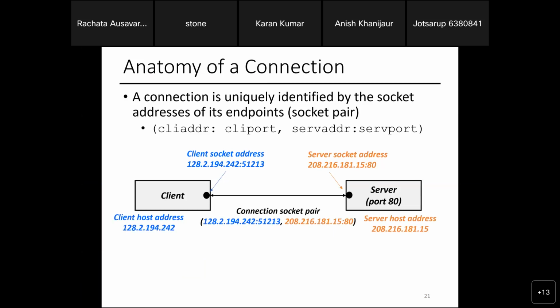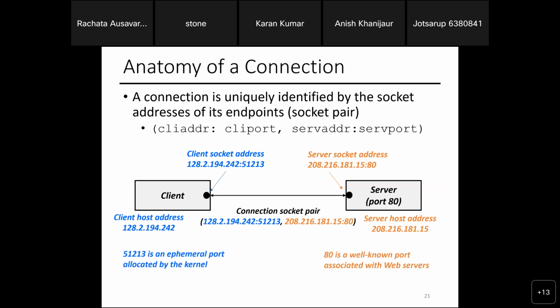The client host address is 128.2.194.242, the server host address is 208.216.181.15. 51213 is the ephemeral port allocated by the kernel. 80 is the well-known port associated with the web server, and now you have the connection.